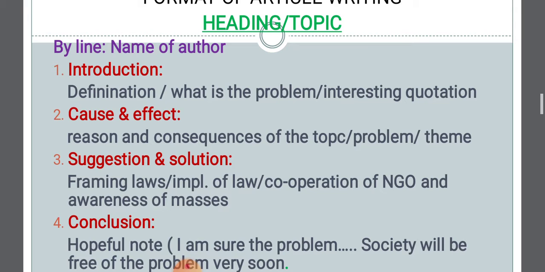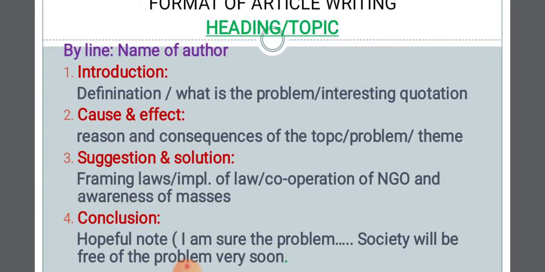Don't make it unnecessarily lengthy. Thirty words are enough for writing the introduction. While writing the introduction, you don't think about the other content parts. That will help you organize the content of your thoughts.